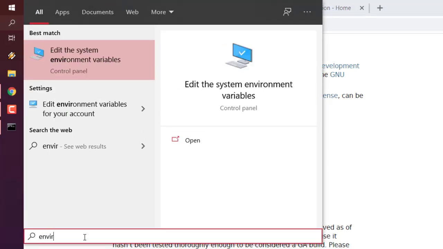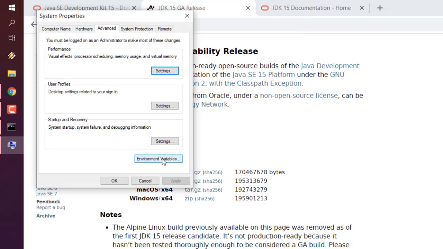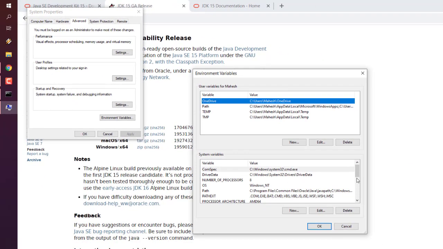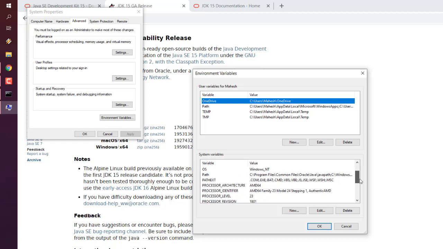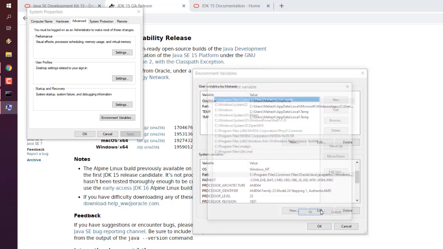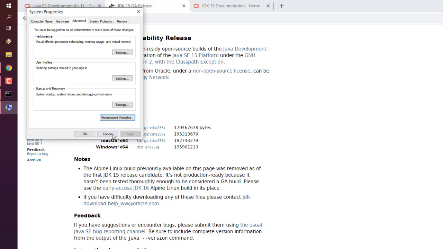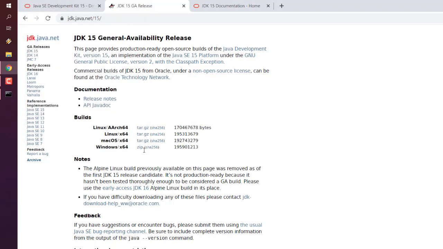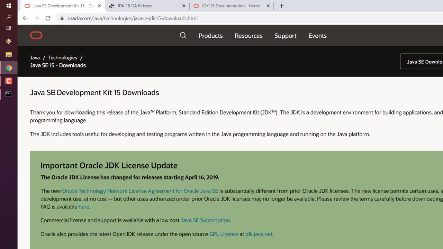environment variables. Okay, and here you have to actually create a path, right, and add that in path. Here you can edit it, add that path there. Okay, so this is something you should do when you're using the zip drive for installing OpenJDK or even your Oracle JDK. Okay, so I suggest using this Oracle's